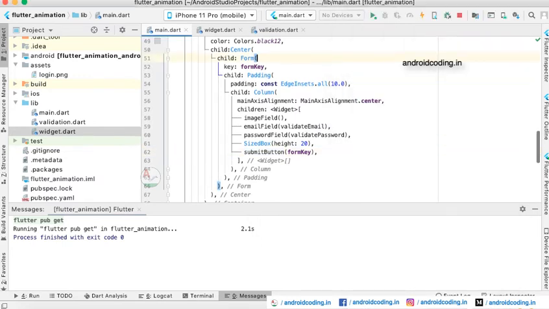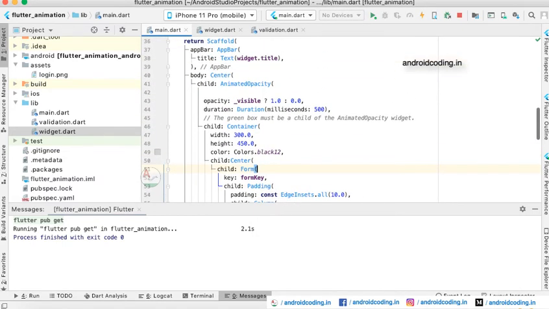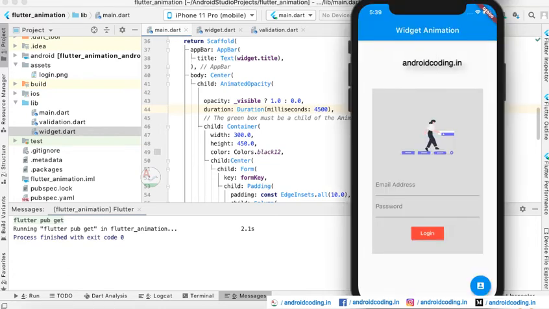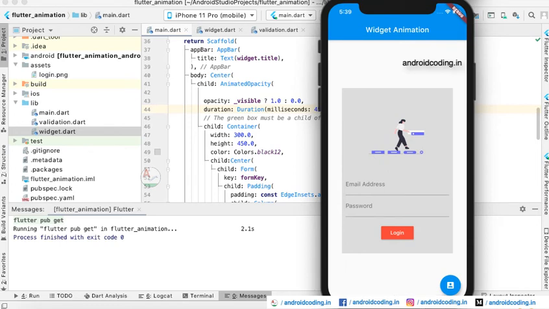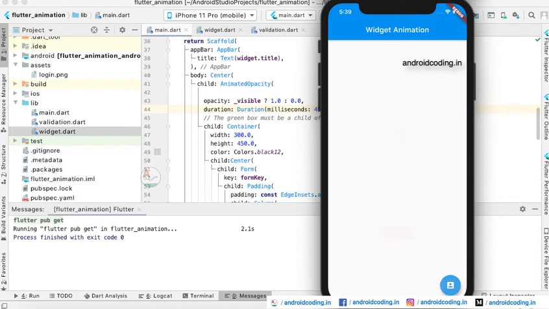Here you can specify the visible opacity. I have specified 1.0, and the duration we have specified is 500 milliseconds. You can also increase the duration and try. Now we have provided 4500 milliseconds, and just observe how slowly the animation is occurring, and the same vice versa.